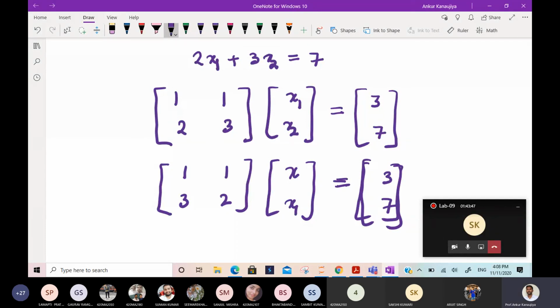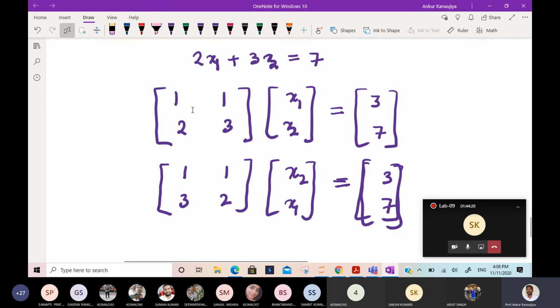So that also you have to do simultaneously in order to get the correct answer. So that also you have to write in your own code in the complete pivoting. That means the column interchange will be applicable on matrix A and the vector X also. Row interchange will be applicable on the matrix A and matrix B, but column interchange will be applicable on matrix A and the variables x1, x2. So both you have to change. That means this unknown also you have to change. The same column operation you have to apply.